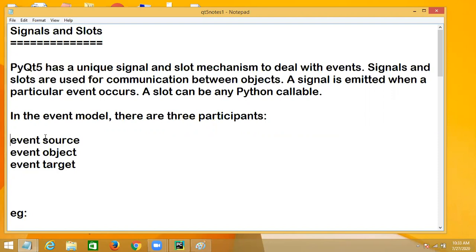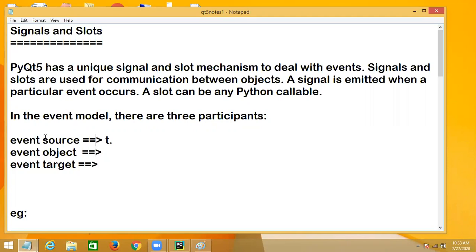If you take the same example, the traffic signal is the event source, and the event object is green. Then the event target is the function which has to be performed, which is move. You are allowing people to move. That is called a function.